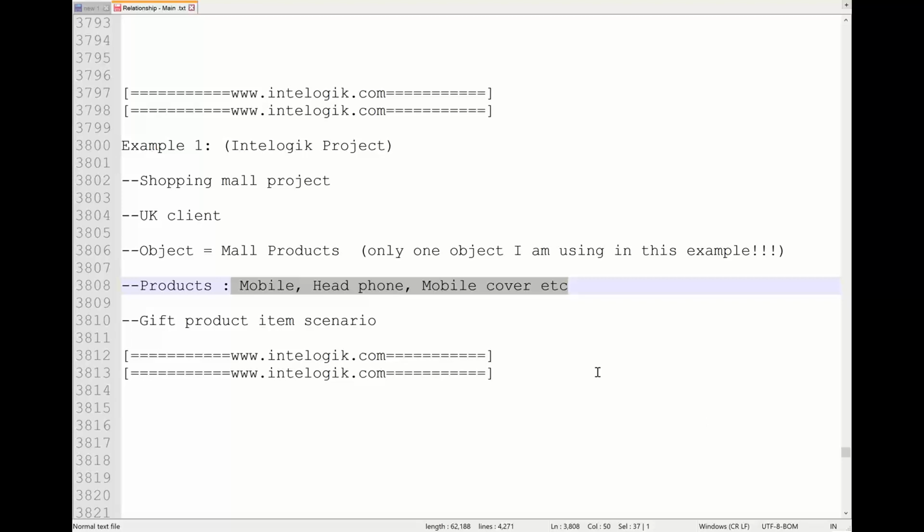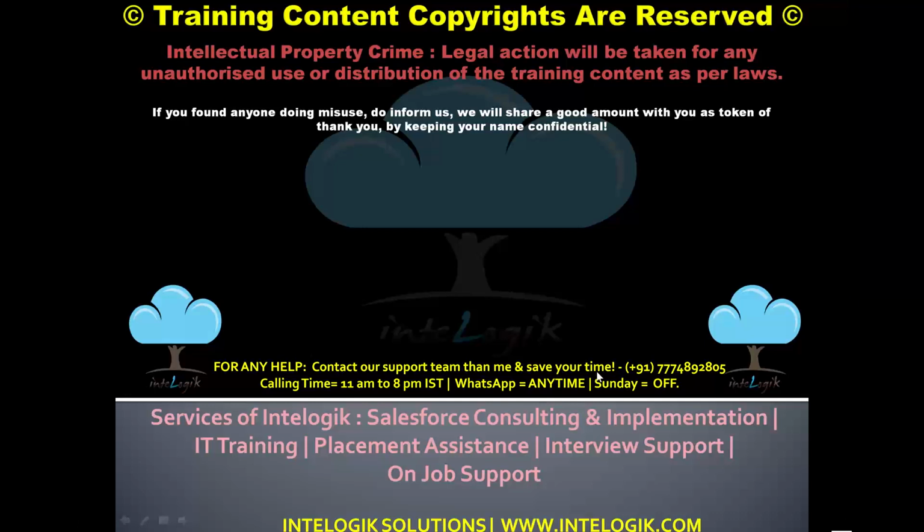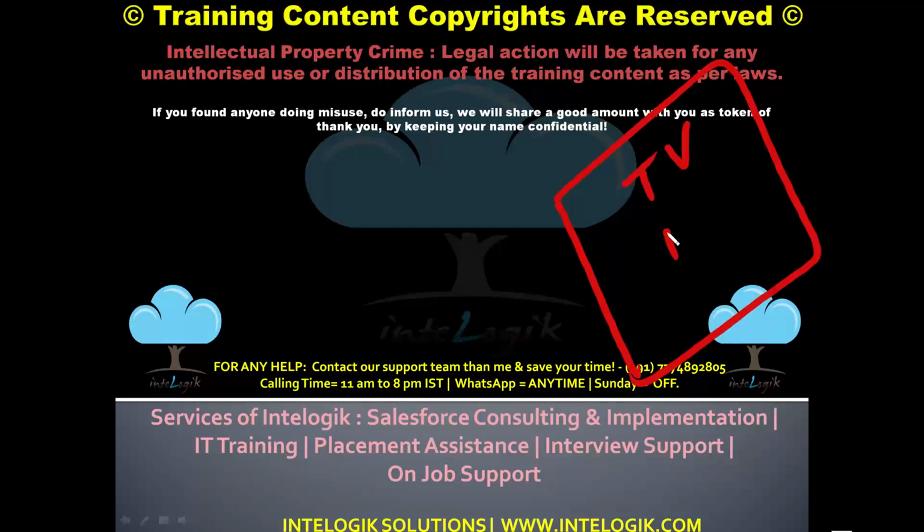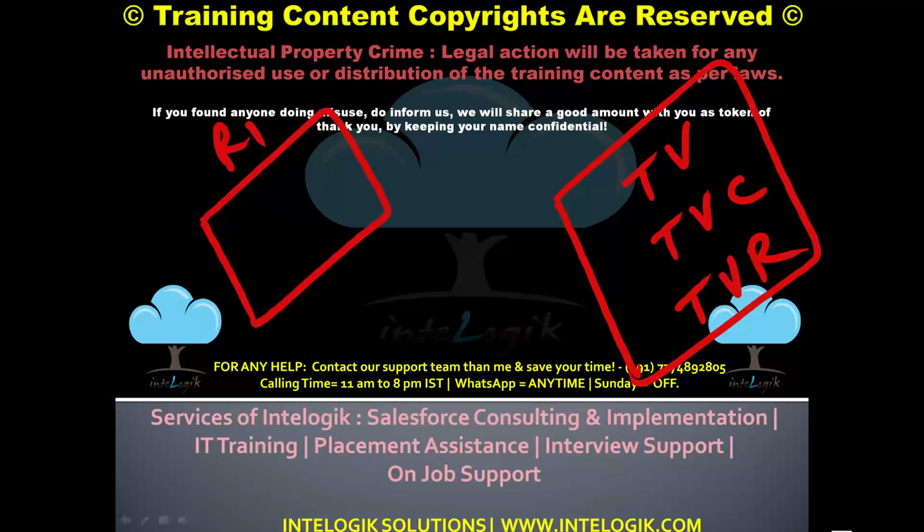Suppose in the product table I have products, for example TV, TV cover, TV remote. Now I'm creating record number 1, where a customer is purchasing a TV, and with that TV the gift product I want to give is a TV cover.